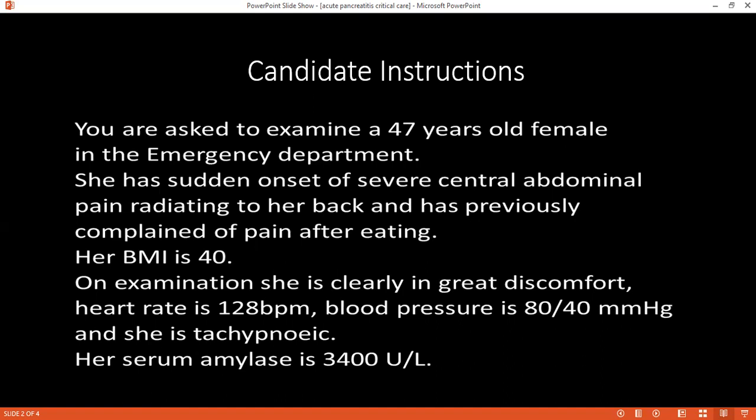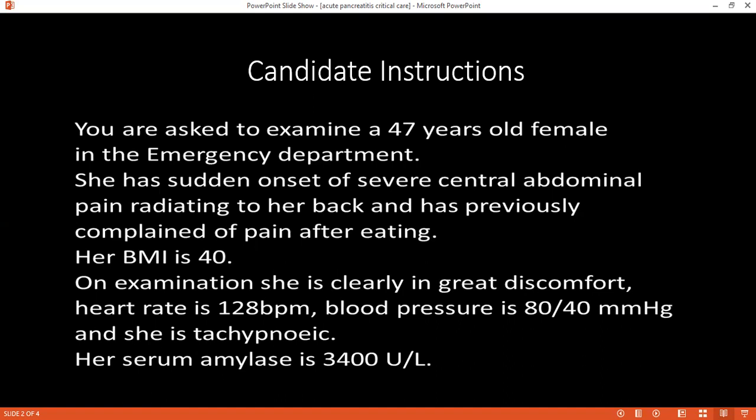Okay, Glasgow criteria. May I mention the criteria also? Yes, please. Glasgow criteria include partial pressure of oxygen less than 60 millimeters of mercury, age more than 55 years. That's not in this criteria; the patient is 47 years old. Neutrophil count more than 15,000, and calcium less than 2.